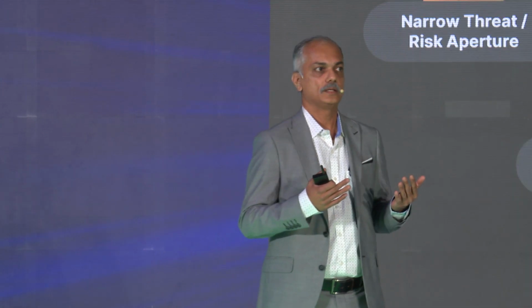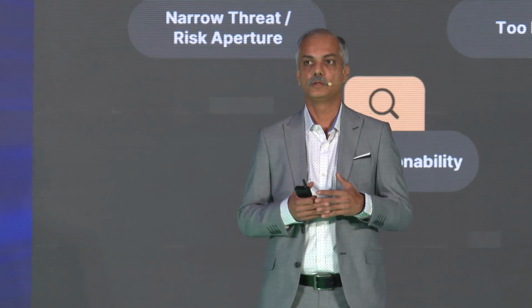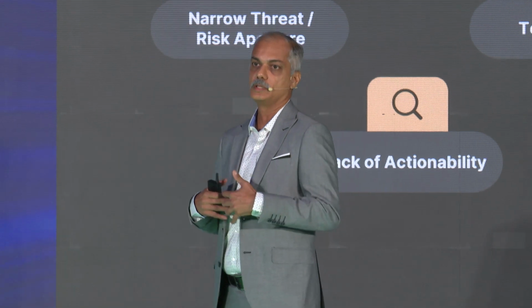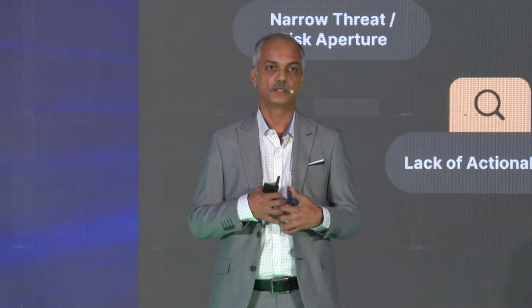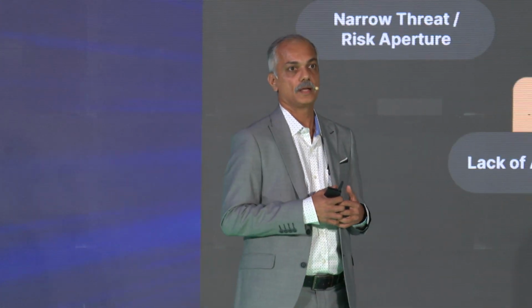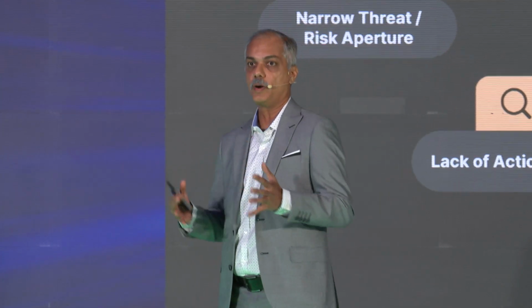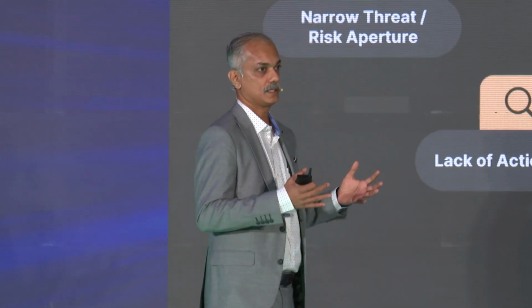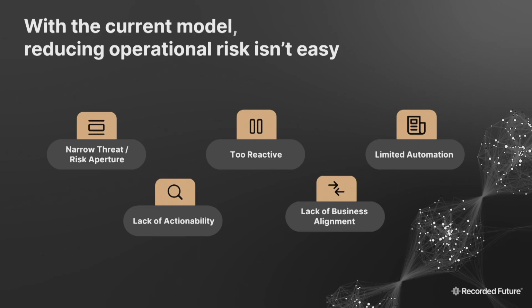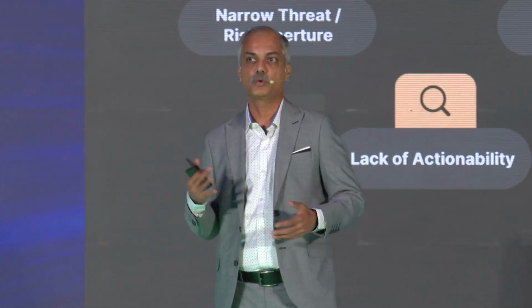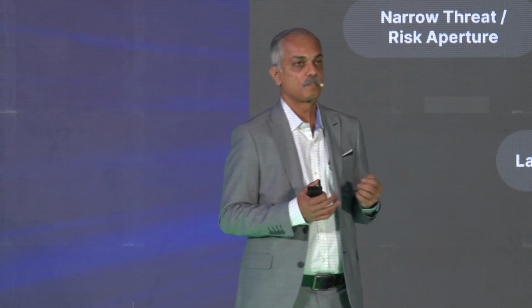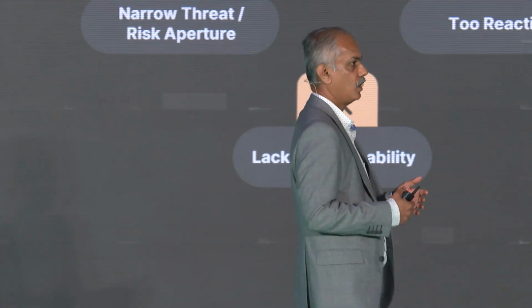So the detection tools that are installed today look more at what is coming in as traffic to the organization itself, and probably derive the analysis and say, this is good, this is bad. But that is just one part of what you need to look at. You need to look at something else as well, which is currently not there, right? And because you're looking at only the traffic hitting your environment, it is becoming too reactive. So if there is something new hitting, then you are scrambling to see how you stop this. And then there is also this piece of you can't automate things, okay?